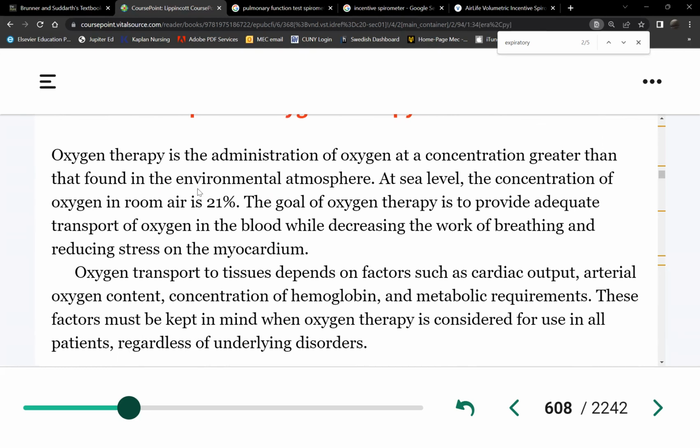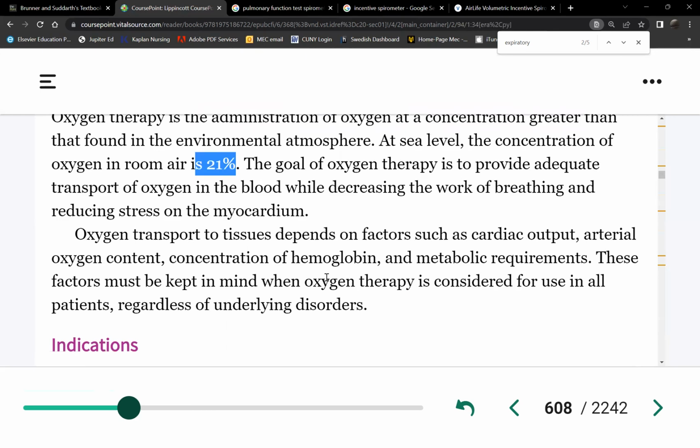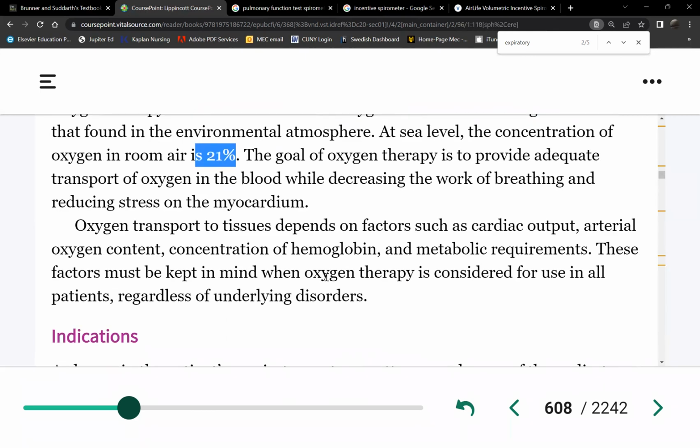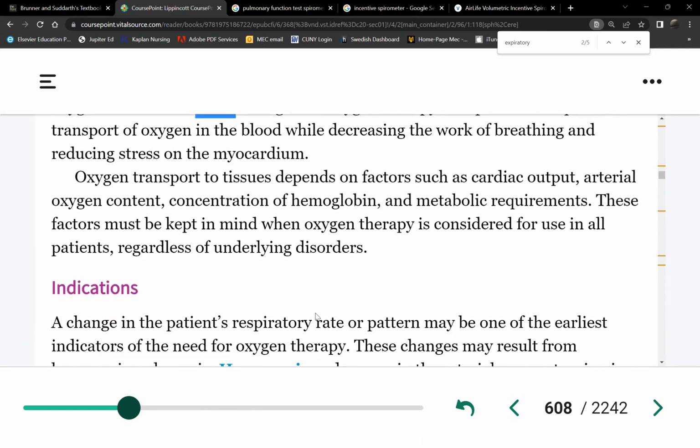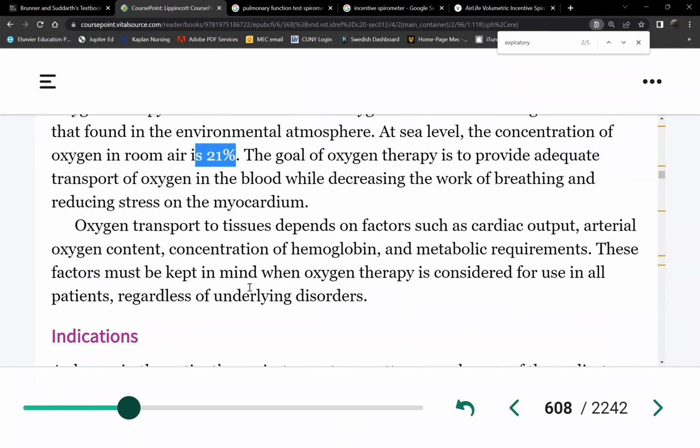Let's go to oxygen therapy. What did you learn previously about oxygen and COPD patients? How much oxygen can we give? Very good. Remember that room air is 21%. So we start with 2 liters, that's about 24%, and then every liter goes up about 2 percent, to 26, 28%, etc. However,